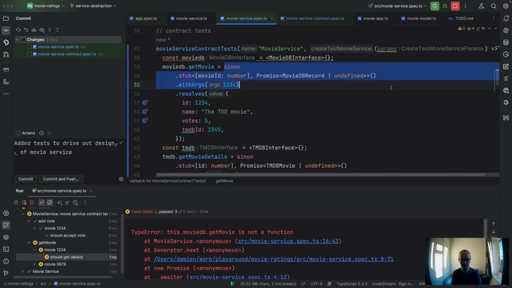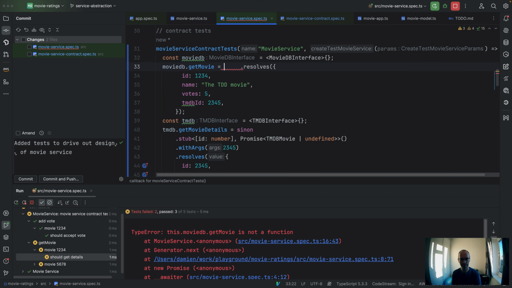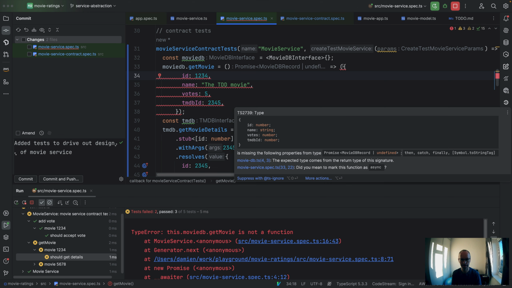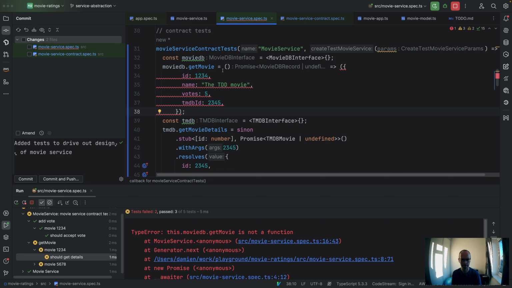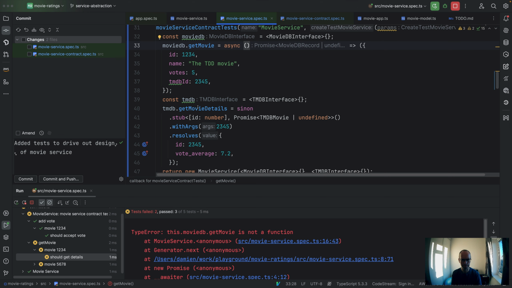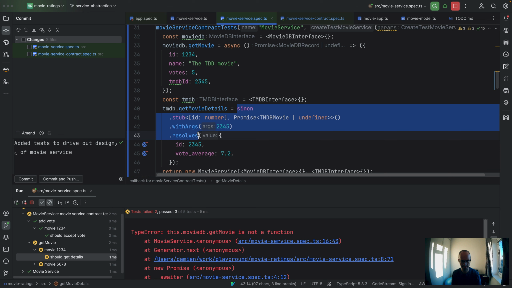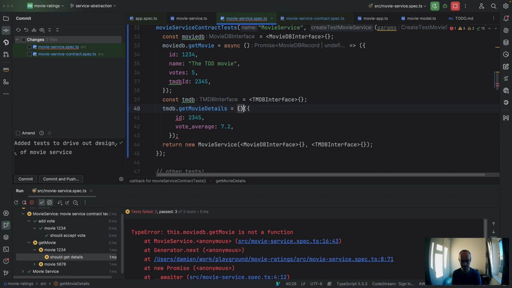It just needs to be a function that returns the data that's expected from the contract test. So I can get rid of that, I can get rid of that,